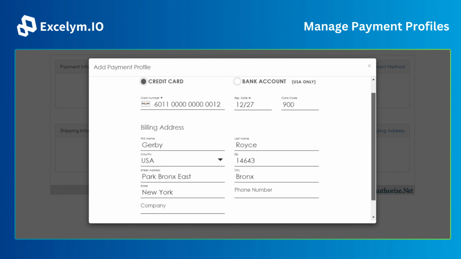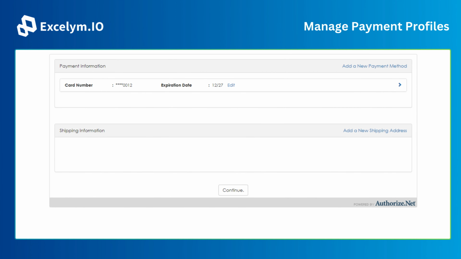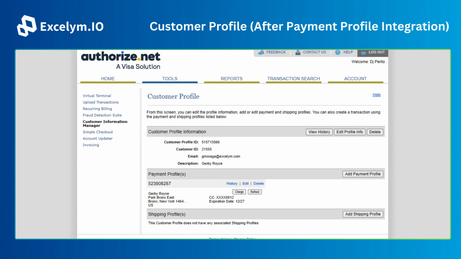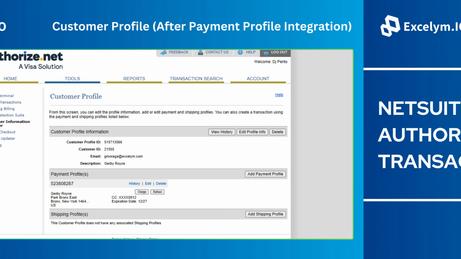Let's enter credit card information for Jerby by clicking on Add a new payment method. Just click on Continue so the changes on the payment profile page will be saved. Over here, the newly added payment information for Jerby's customer profile in Authorize.net is already visible. After checking that the payment information is already reflected in both NetSuite and Authorize.net, let's now demonstrate how to create